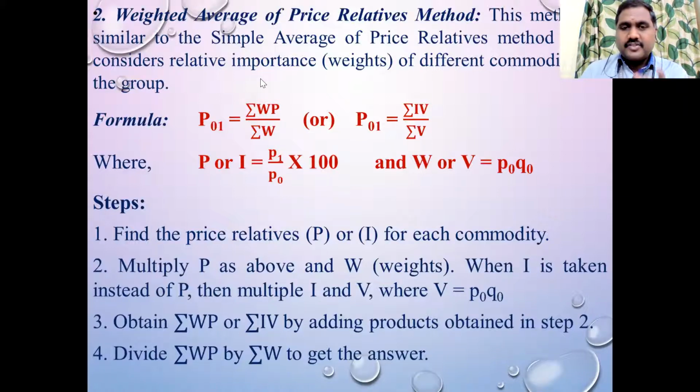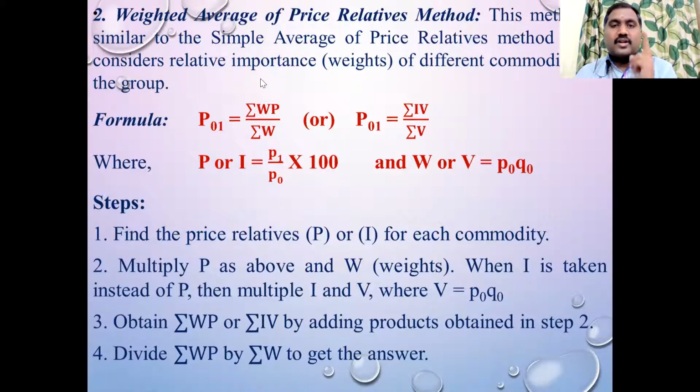Okay, good. So the first one is the simple method, which is also called the unweighted index method. The second method is the weighted index method. These are the two major methods to construct the index number. In the simple index method, there are two more methods. First one is the simple aggregate method. Second one is the simple average of price relative method.